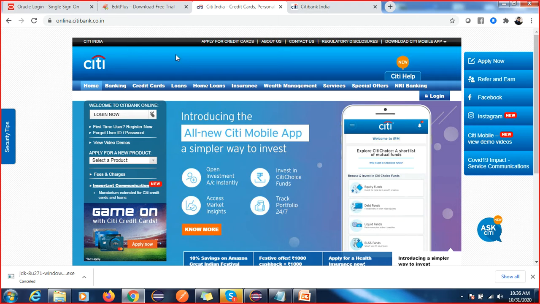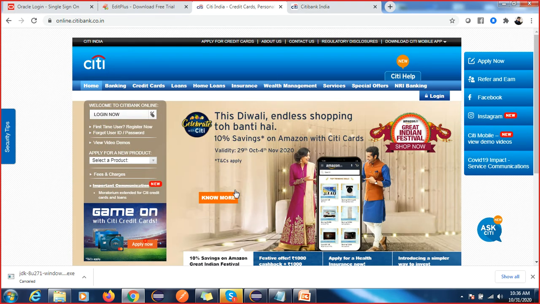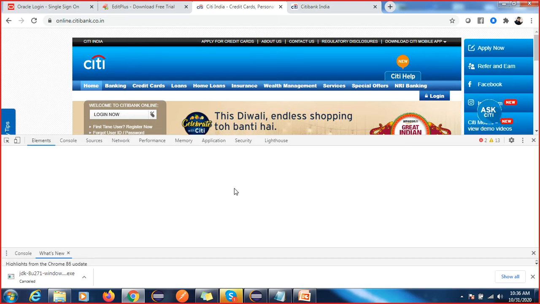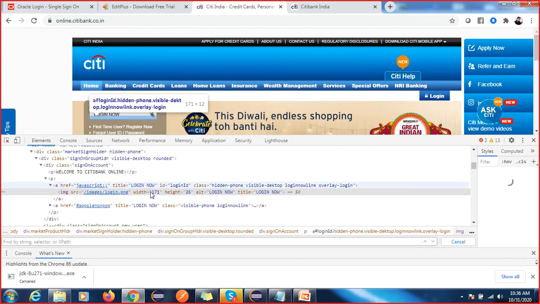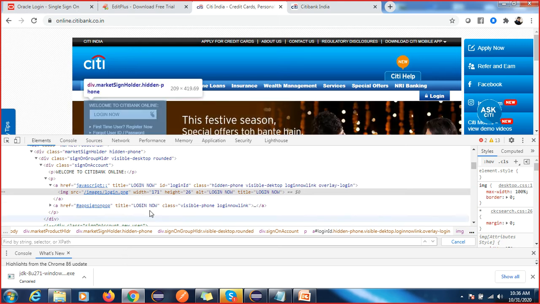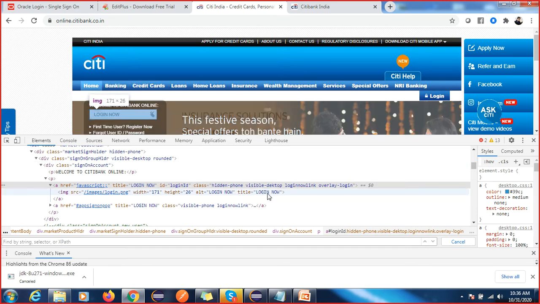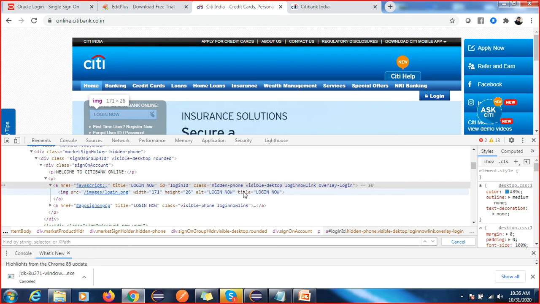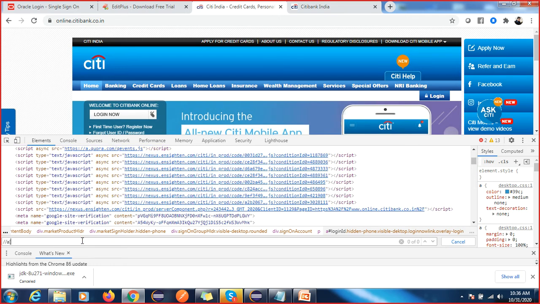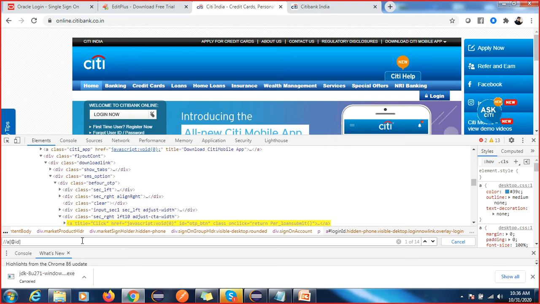Here you have to do one validation. First you have to click, right? So here we can find this element. You have to click here first, and how to find this XPath. If you directly use this login now, we will have duplicates. So I'm going to find from here. The ID is unique here. So we can write the XPath for what? Okay, ID.